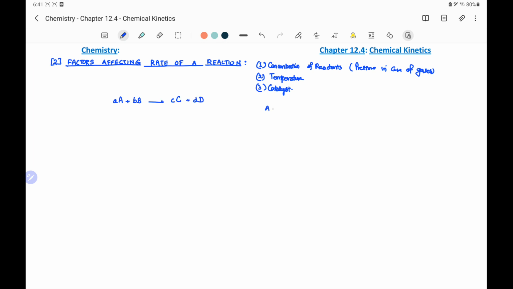Here A and B are reactants, C and D are products, and small a, b, c, d are the stoichiometric coefficients of A, B, C, D respectively. So rate of reaction